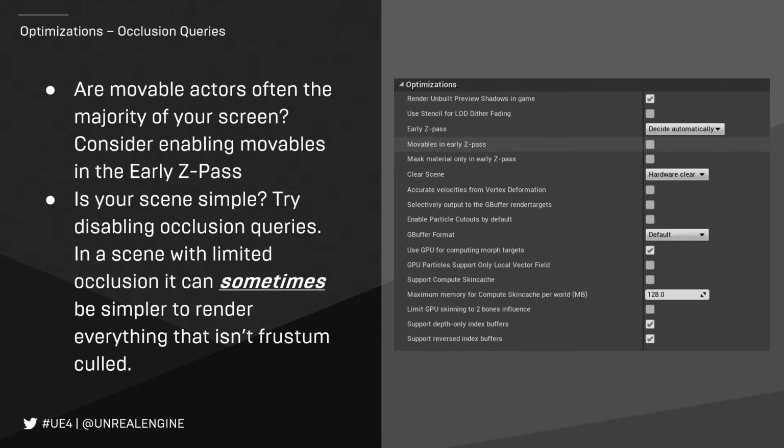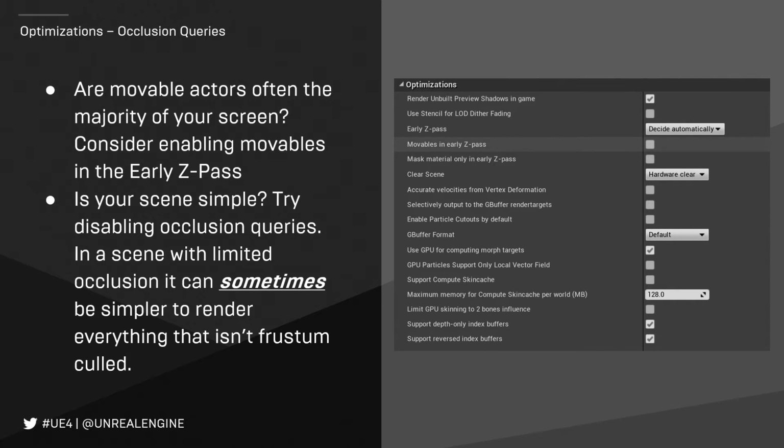Another good example of this is hardware clear, which you can see on this optimizations list as well. Clearing the scene means every time the computer goes to redraw the next image, it clears the image first. By telling it to not clear the image, it skips that entire step. So if you have a sky dome in your scene, you never need to clear it because you'll always be rendering a sky dome, just as an example.